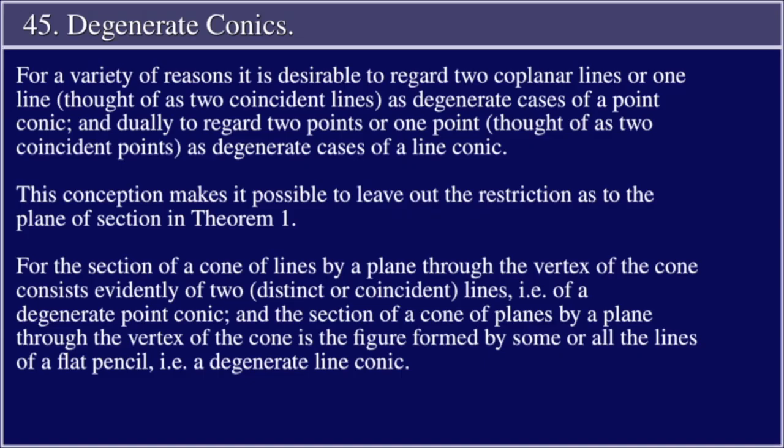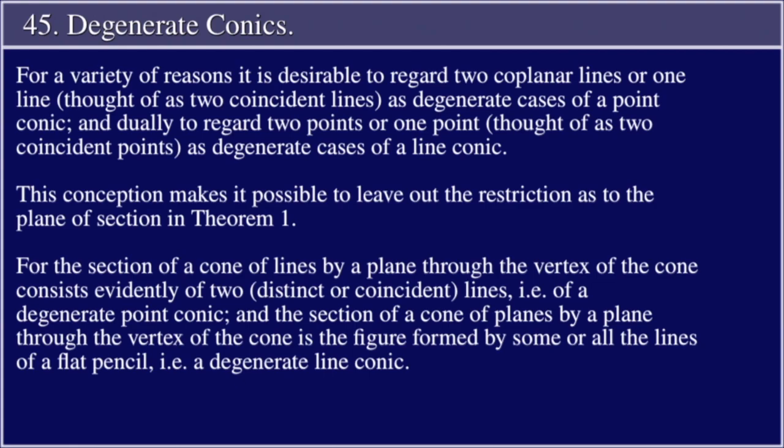For a variety of reasons, it is desirable to regard two coplanar lines, or one line thought of as two coincident lines, as degenerate cases of a point conic. Dually, we regard two points, or one point thought of as two coincident points, as degenerate cases of a line conic. This conception makes it possible to leave out the restriction as to the plane of section in Theorem 1. For the section of a cone of lines by a plane through the vertex of the cone consists evidently